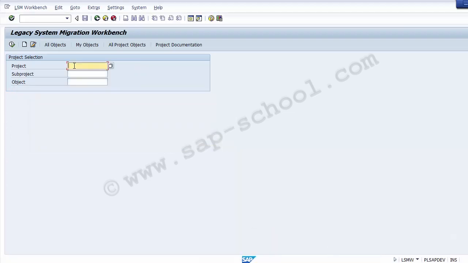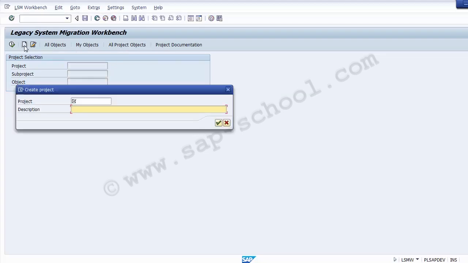So as we moved on to the screen, that is the legacy system migration workbench, now we need to go to the create entry over here, as you can see in the header on the screen, create. So we'll go and click on the create entry now. Once you click on the create entry, the system asks you to create the project. So the project name has to be assigned. Suppose I name it project 01,